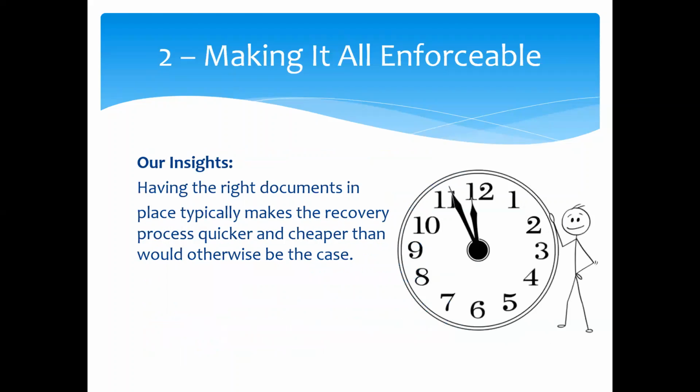So having those documents in place, both the engagement documents where they've given you your details and then a well-crafted set of terms and conditions that suit your business, not something that's just been copied and pasted from Dr. Google, but something that's been crafted to actually reflect how you do business, will make recovery quicker and cheaper than not having them in place. As I said, they're likely to prevent bad debts, but if there are then slow payers, it gives you a very powerful foundation to move from to